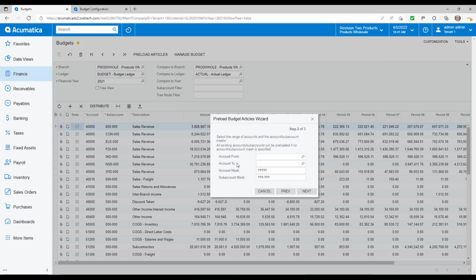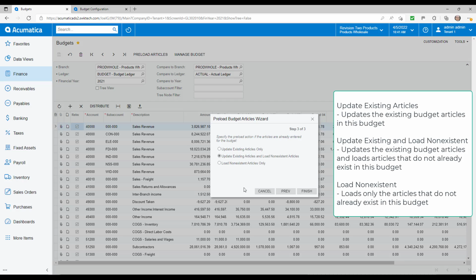In this second screen, I have the ability to filter which accounts from and to, or account mask and sub-account mask to use for this population. The third screen talks about how I'd like to update my budget. Do I want to update the existing articles? That means for the lines that already exist, combinations of accounts and sub-accounts, I want to apply my calculation to